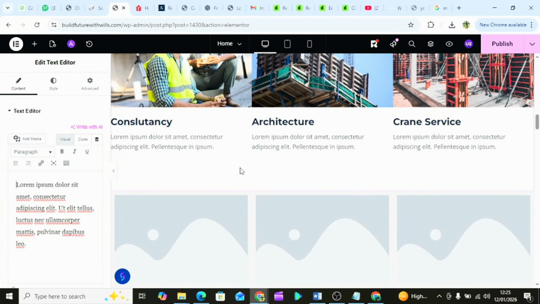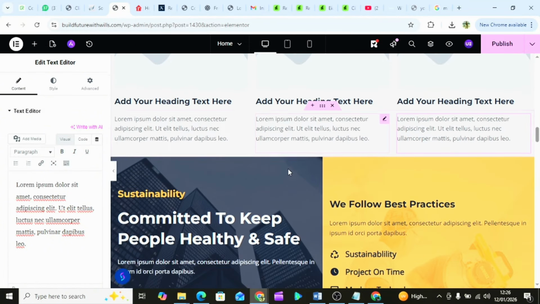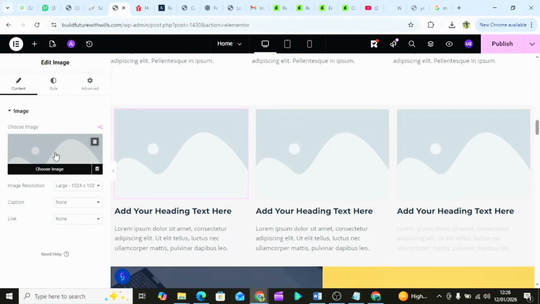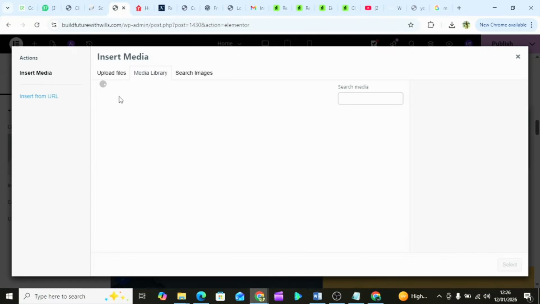I want to reduce this space. Let me see where this is coming from. Okay, there's no space actually. So that is that for that, and the rest is editing. If I want to add an image here, just click on it. Go here, click on it. To add an image, upload, select files,